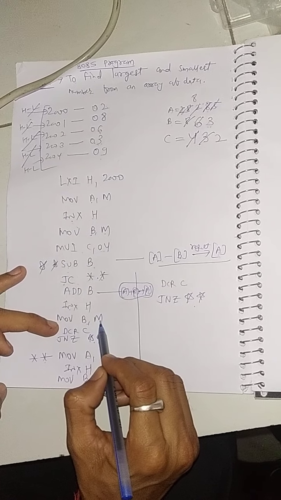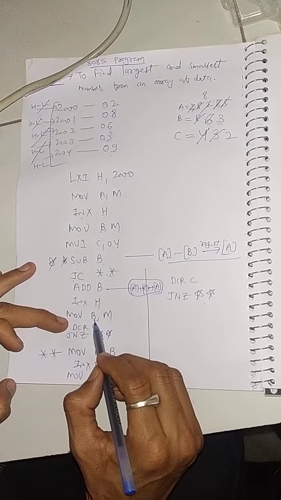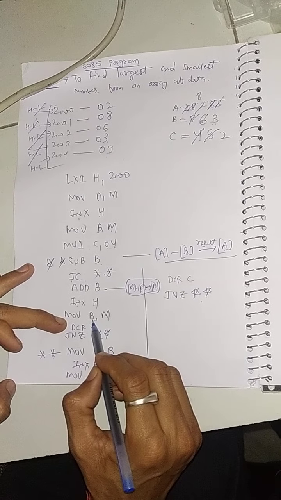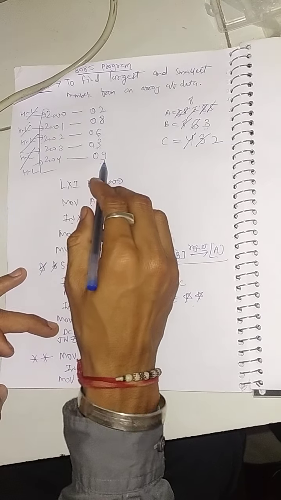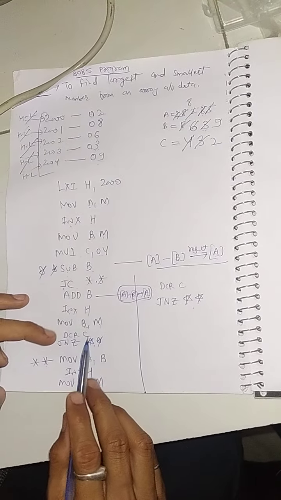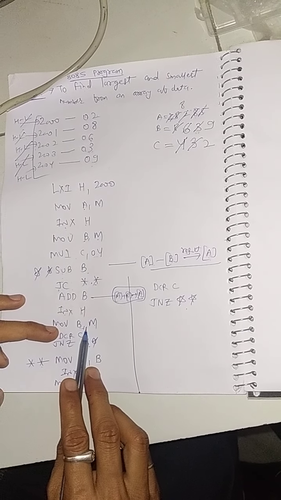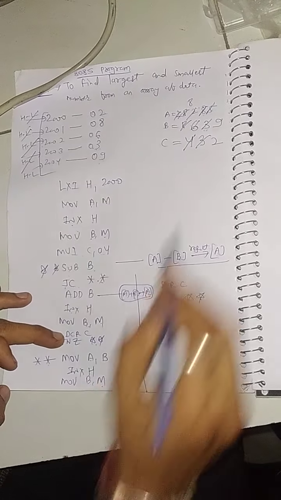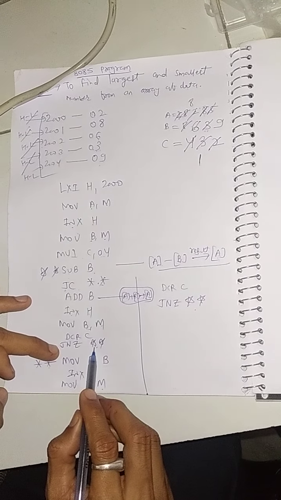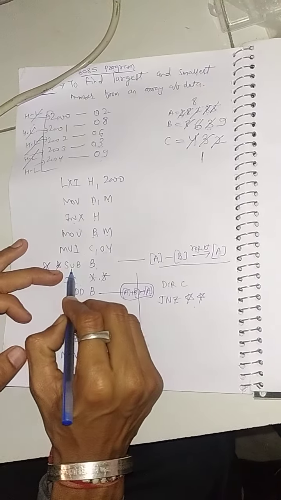MOV B, M. The HL pair content will be stored in register B. So the HL pair content is 9, so it will be stored by B. Then DCR C, decrement C by 1. Then jump if not 0, but because it is not 0, it will jump again to this memory location, SUB